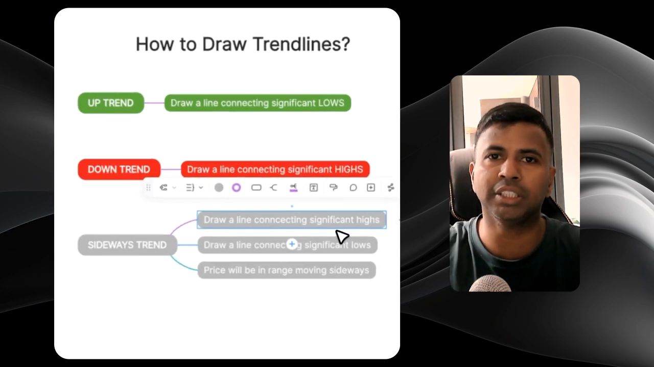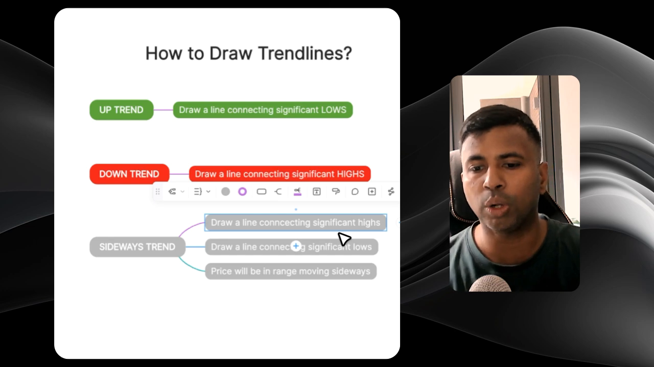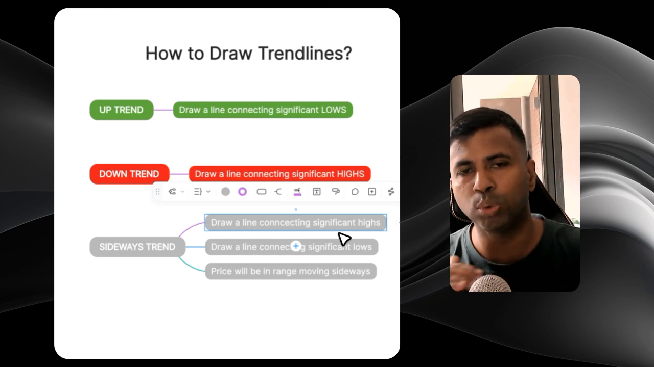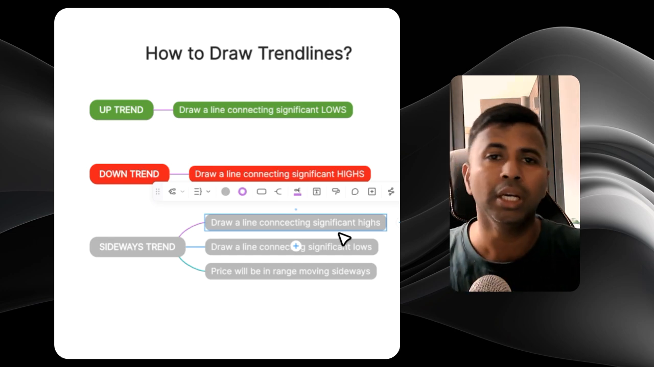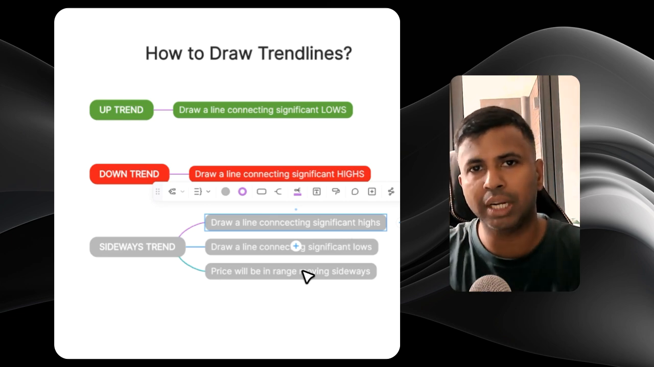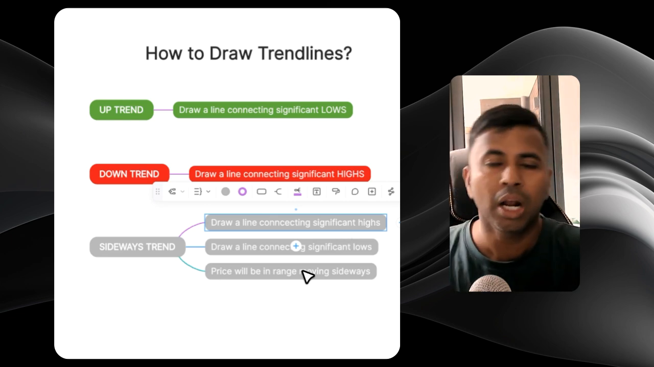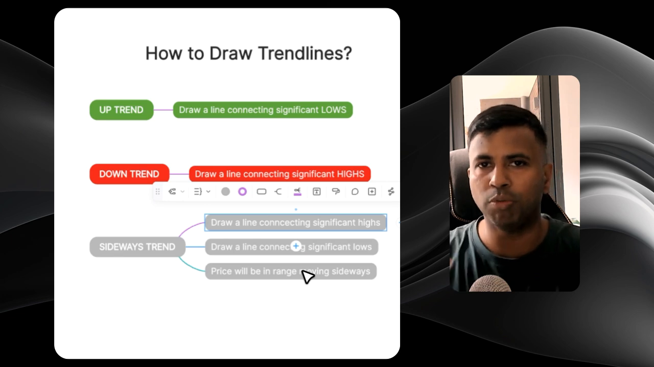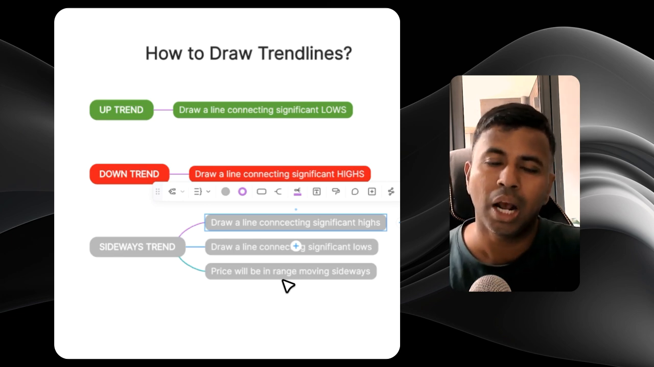It will be like the resistance line, and you can also connect the line between 2 significant lows that will form the support line, and you will see that the price will be oscillating between the resistance and support. Now it depends upon the time frame in which we are viewing the chart as well,